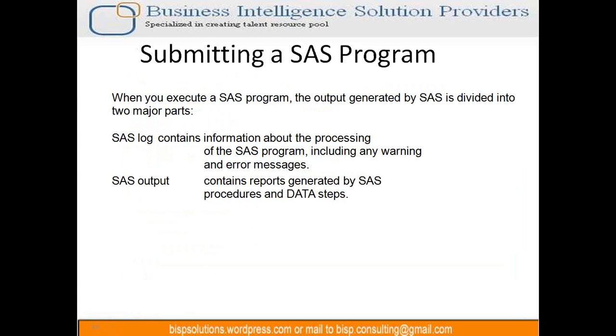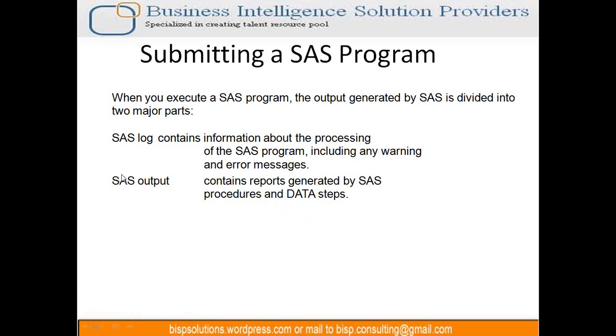Once you submit any program, we can see a log as well as output. In the log window, as I told you, we can track all kinds of information like the processing of a SAS program, including any warnings or errors. The SAS output is our default output, which we can see in the output window.